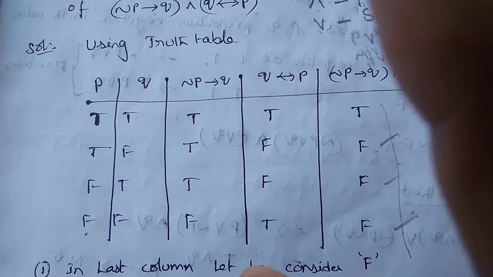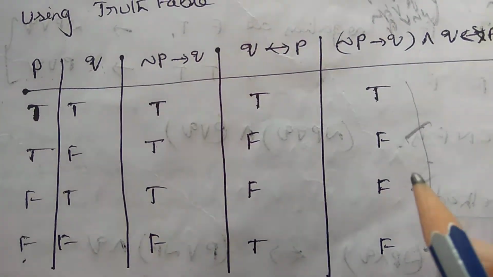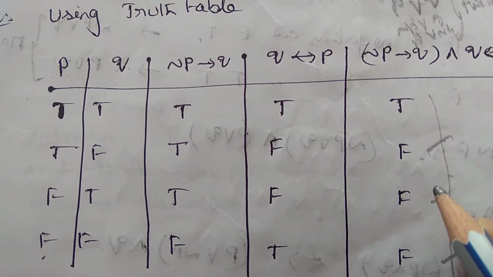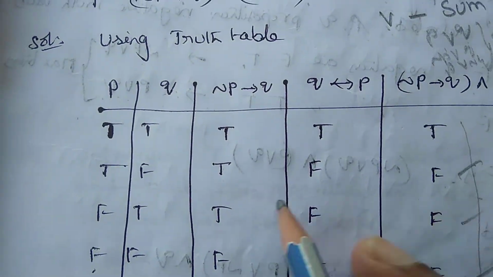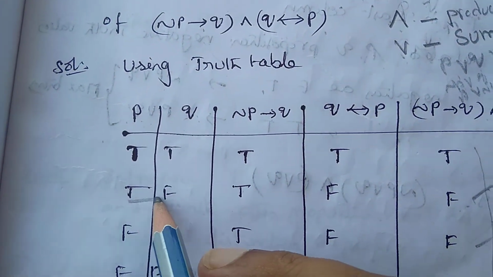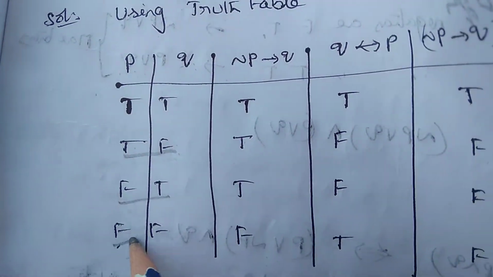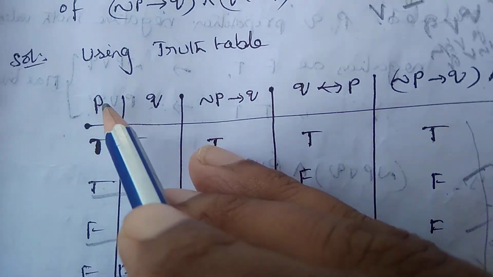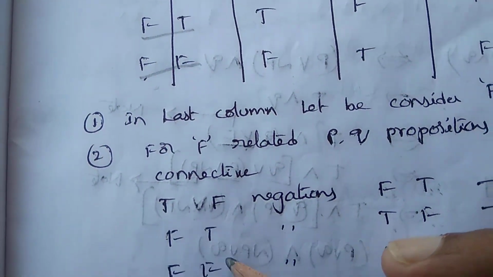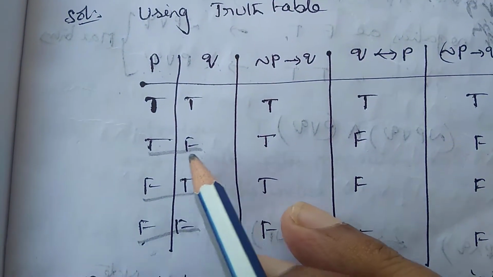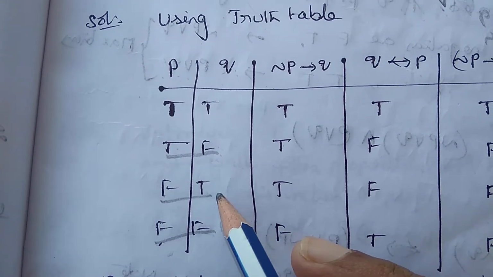For principal disjunctive normal form, it is quite different. Next you can refer to that problem also. But now for principal conjunctive normal form, you take the F values. Related propositions: P and Q are propositions, these are truth values. Take the F values and the related propositions' truth values. So in the second step you write TF, FT, FF. So for these truth values, write negations. That means FT, TF, TT.